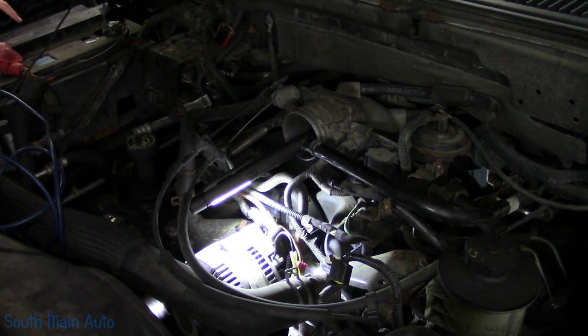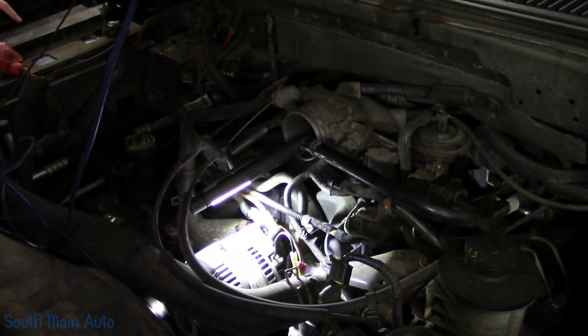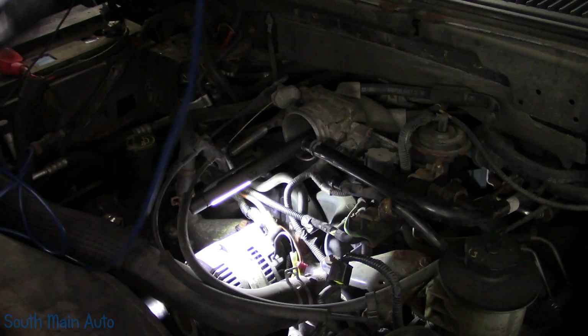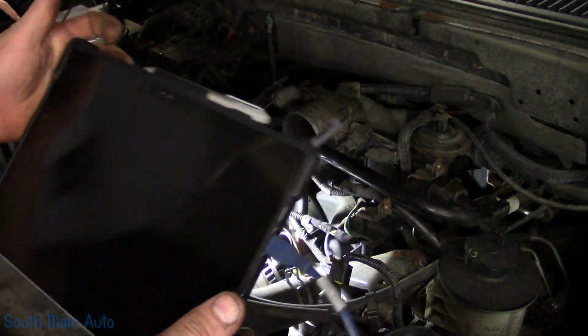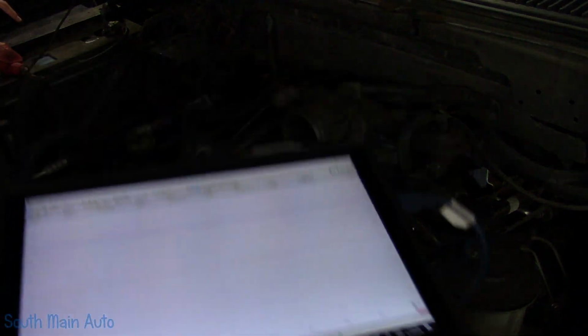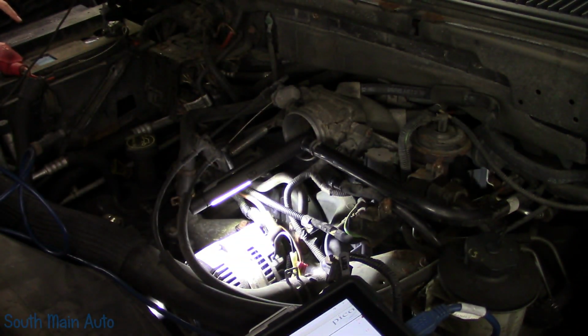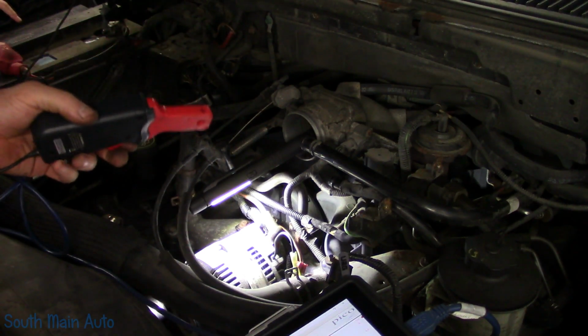Now we will check the current draw. Oops. Too many freaking cords going on over here. We'll check the current draw. Oh, you son of a monkey. I'm having a hell of a time today. Okay, there's that. I'm just going to set it down. Grab our current clamp. It's so much easier with a screen recorder, but...